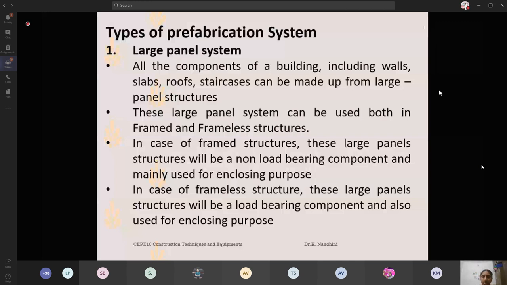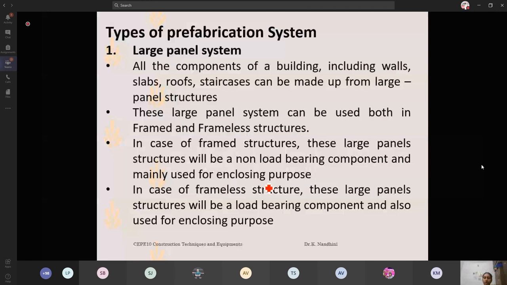These large panel structures you are going to place either in the framed or the frameless structure. Your frameless structure is nothing but your load bearing structures. That also precast is possible. In case of framed structures, these large panel structures will be a non-load bearing component and mainly used for enclosing purpose, for which you are going to just erect the walls.